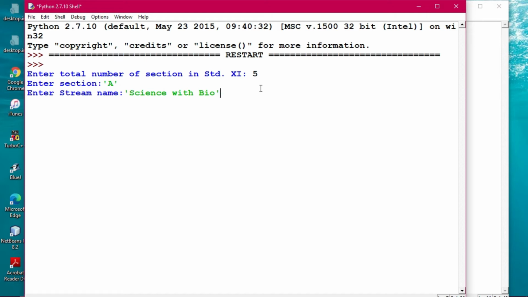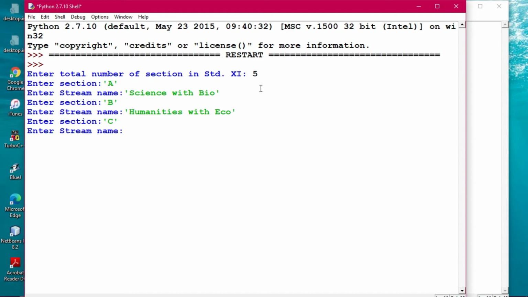All right, finished. Next, enter section. Then I'm giving B, and then enter stream name. Then I'm giving out here humanities with eco. Okay, fine. Then I'm giving out here C, and then pressing enter stream name, humanities with all signs.